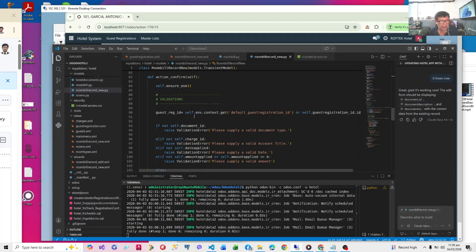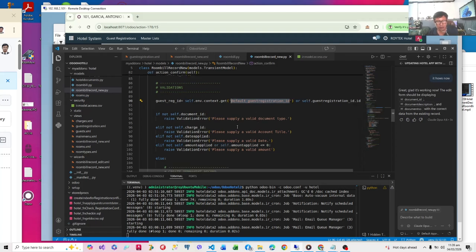It's not in the guest registration.xml, so it will not have a copy of the guest registration ID, which it must save. So what we're going to do is save the default guest registration ID in the context. Remember, we've discussed the context before, it's a set of session specific global variables. So we can store it here, and then retrieve it here, so that we now have a copy of the guest registration ID.